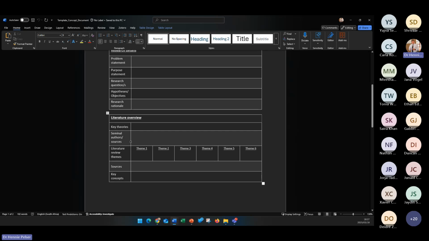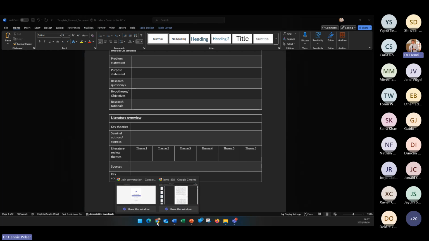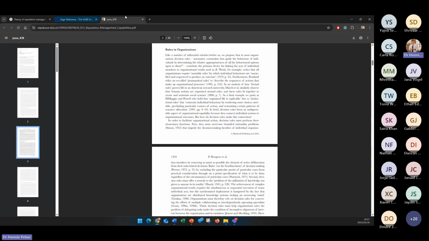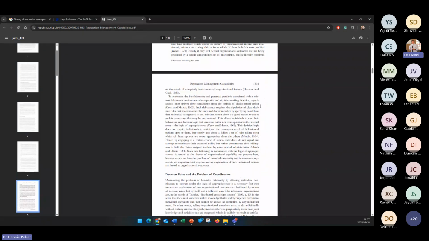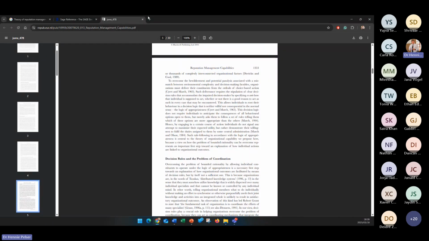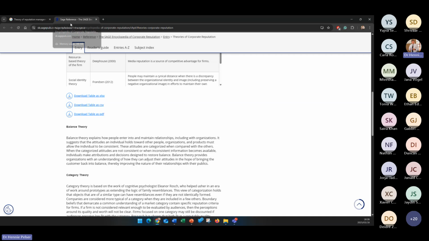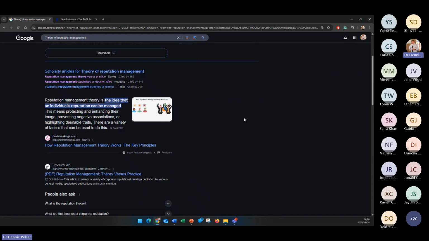But again, guys, let's be honest, this is the source. So you can see author and source. So just plug in about 5 or 6 of those. Okay, so you've got your two theories, reputation management, sorry, but it's so not my field. I'm not a marketer type person, but there has to be reputation management theories. I'd be very surprised if there aren't.